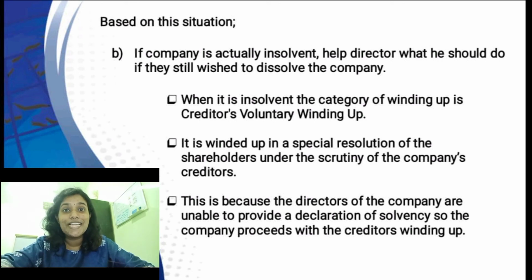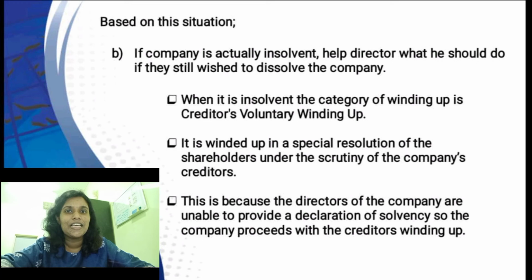Do you all know what a declaration of solvency actually is? A declaration of solvency is a document which must be signed as part of the formal solvent liquidation process in a members' voluntary winding up.